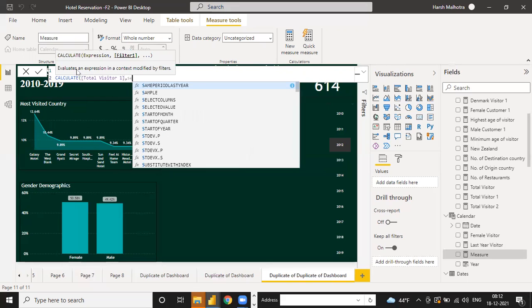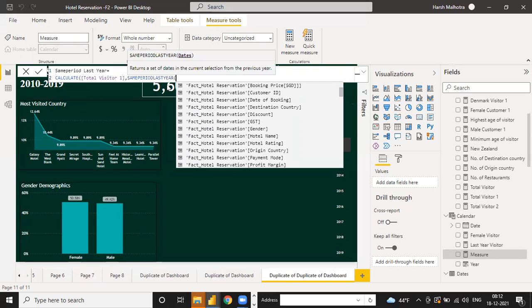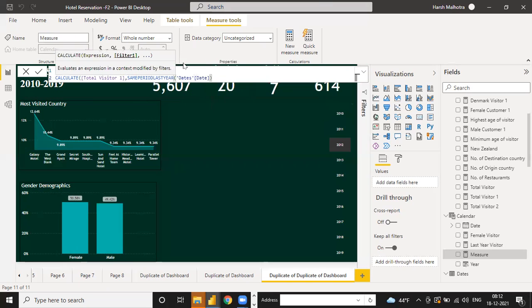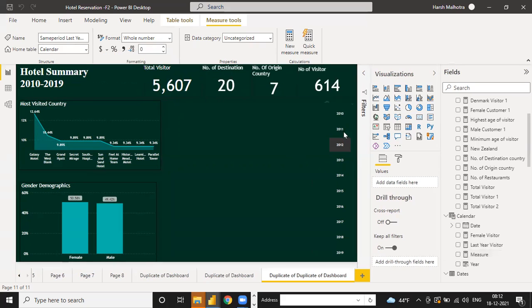Okay, and filter, here you can use the same period of last year. This function is automatically correct. Great. Same period of last year, and you can use only the dates column. It means the date sheet. So click this. Under this date, you can use this date and just enter. This value will give you the same period of last year data.